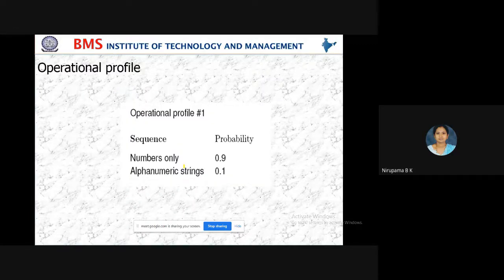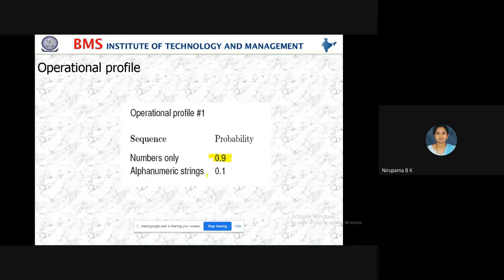Some operational file input probability. Numbers means you can give 0.9, 0.9 is also a number.